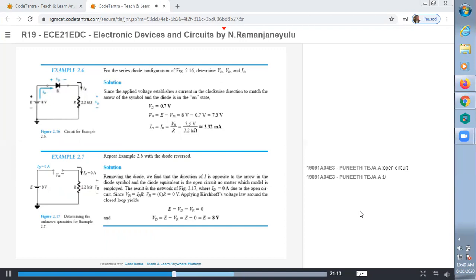Okay, now we enter into some typical problems, right? Consider the problem here. Given E is equal to 8 volts, some silicon diode, SI indicates silicon, and load resistor is equal to 2.2 kilo ohms. In the given problem, battery value is equal to 8 volts, load resistor is equal to 2.2 K, and the type of diode is silicon diode.